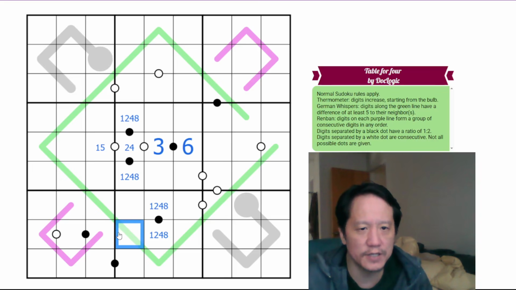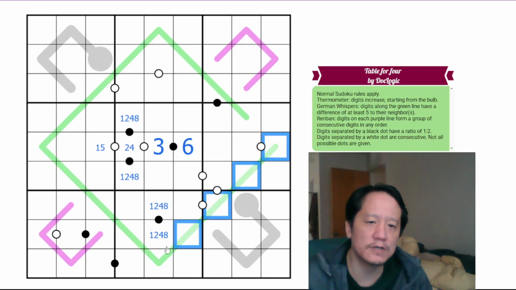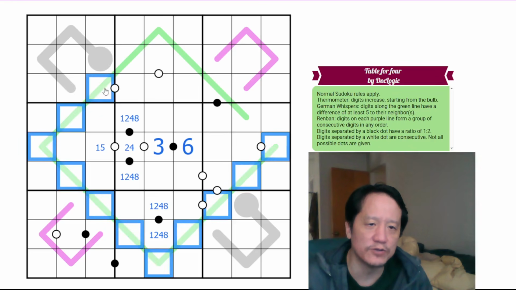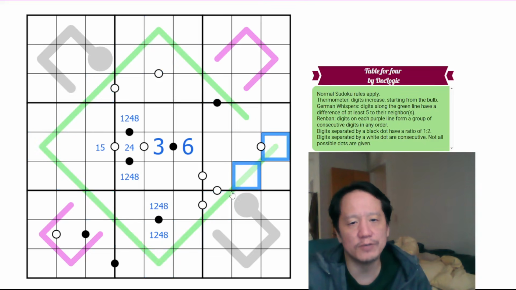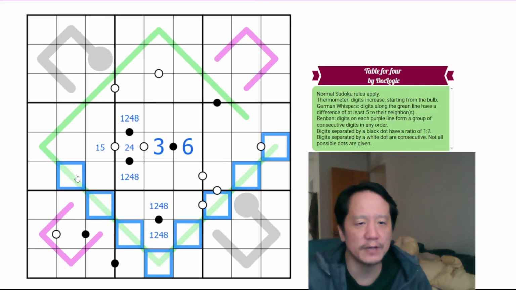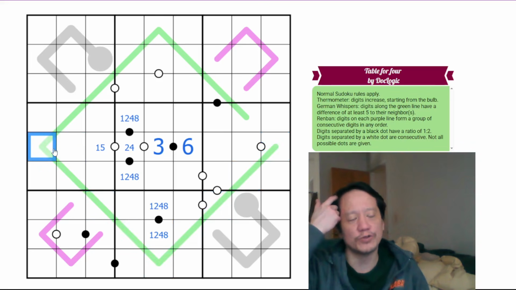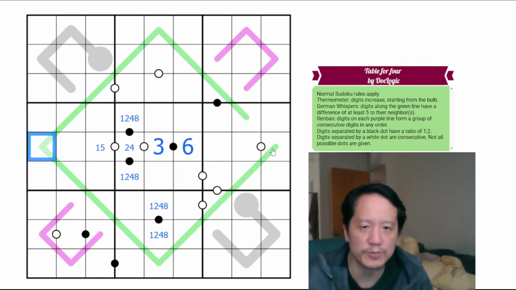Does that tell us anything? Not particularly. Let's go. This is one of my go-tos for Whisper 5 lines: I start coloring one color, and then I basically alternate colors with another color on the Whisper 5 lines,